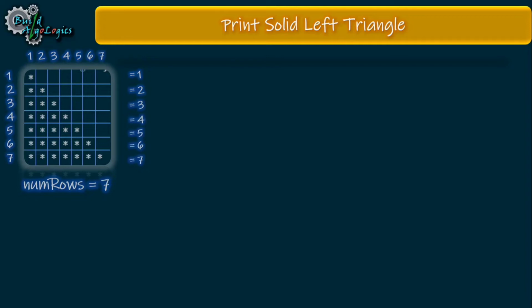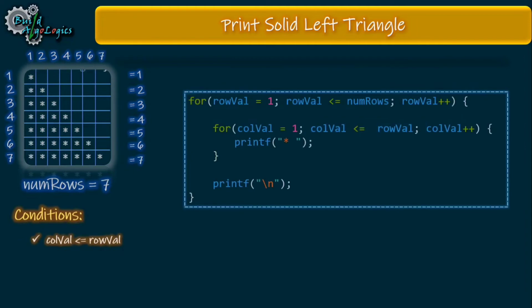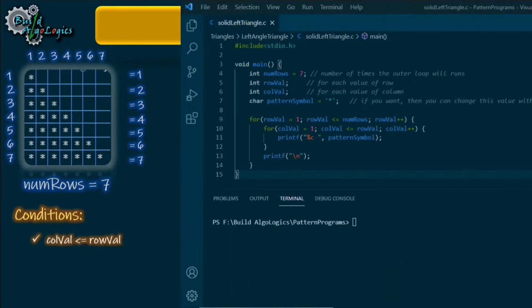Looking at this condition, we can say that the inner loop or the column loop will run once when the value of row val is 1, and when it is 2 this inner loop will run 2 times, and for row val 3 the inner loop will run 3 times, and so on. Our for loops will look something like this. And yeah, that's it. Let's give it a try.